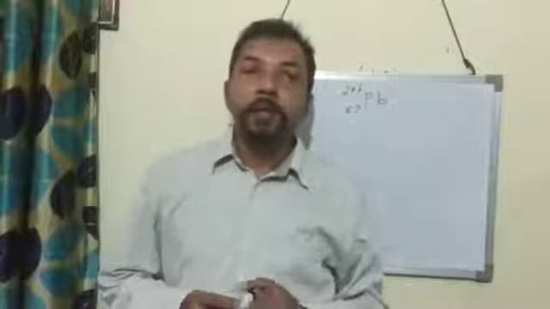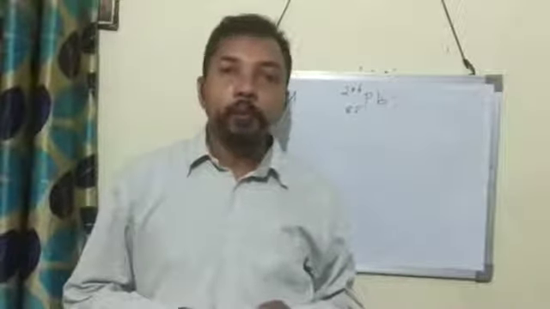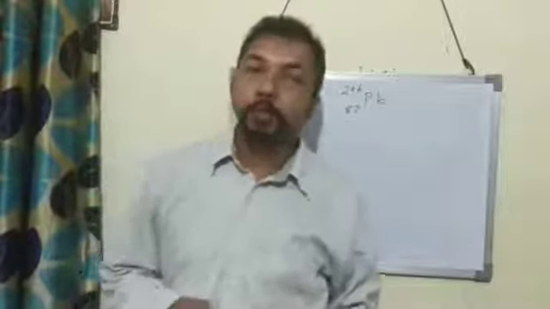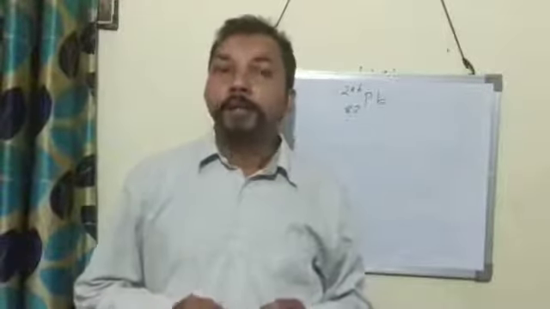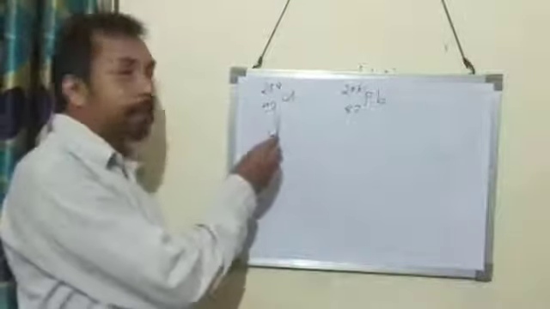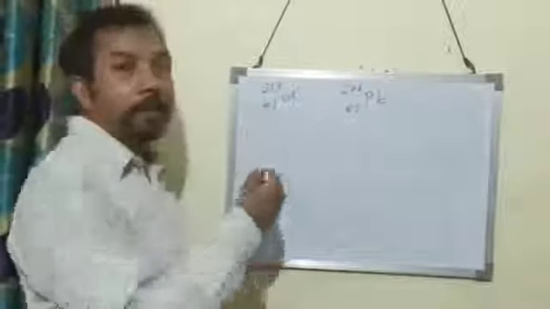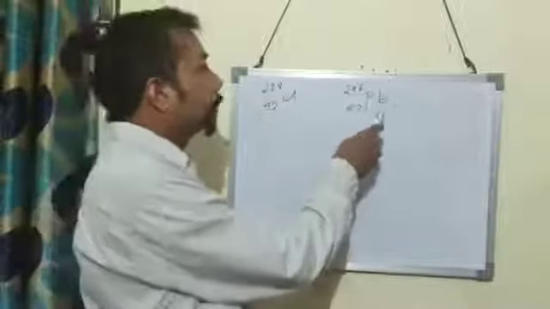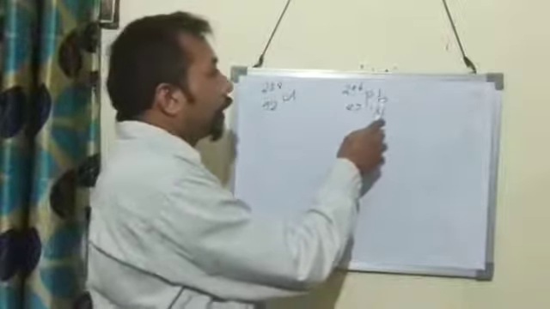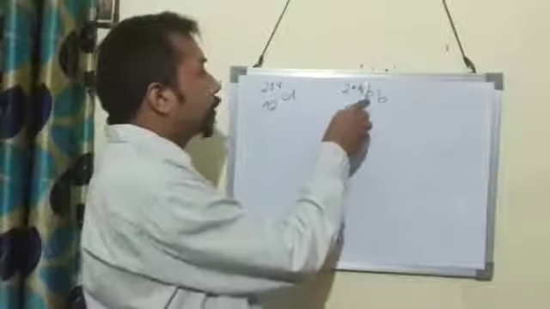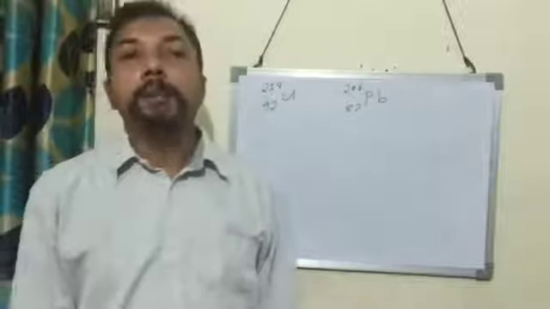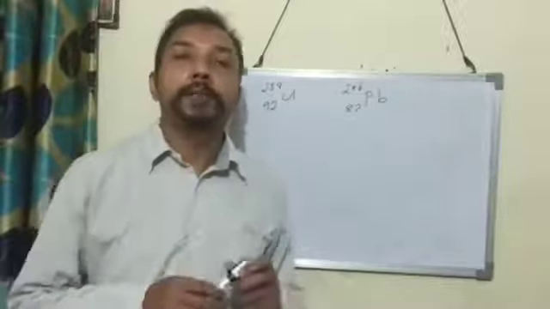So we have seen what nuclear changes take place during alpha, beta and gamma emission. Now let us see some questions which are showing alpha, beta and gamma emission. Suppose that uranium, whose atomic number is 92 and mass number is 238, emits a certain number of radiations and comes to lead of atomic number 82 and mass number 206. Then you have to find out how many alpha particles and how many beta particles are emitted.